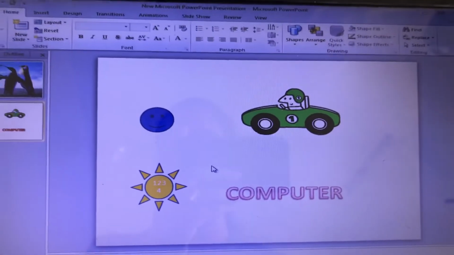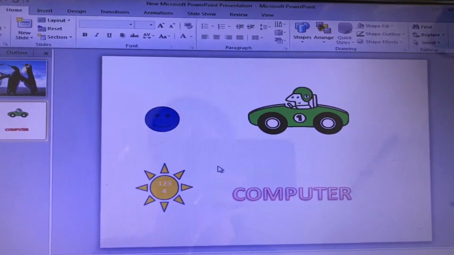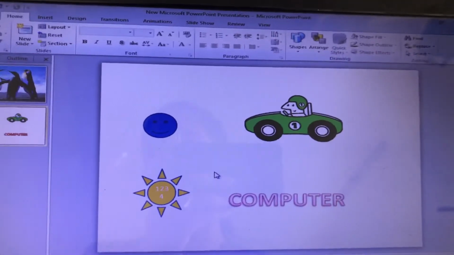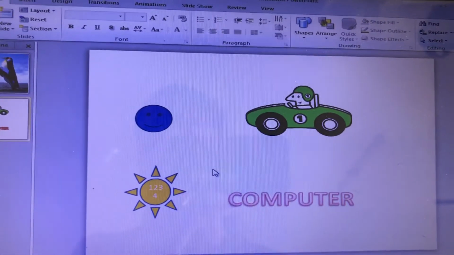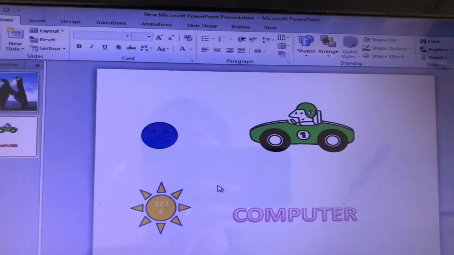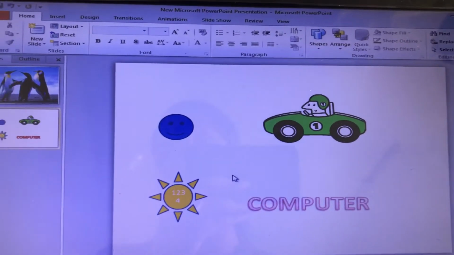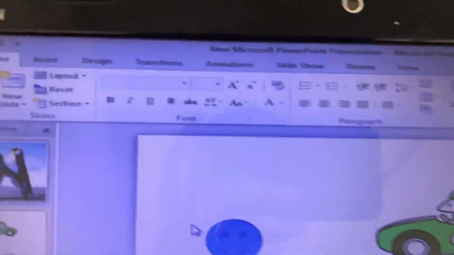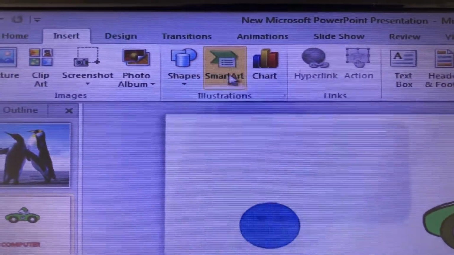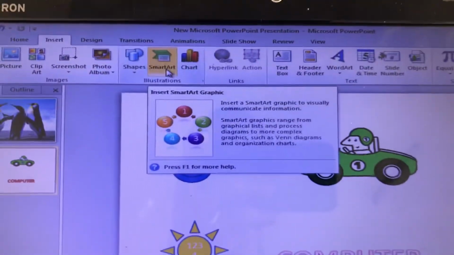Okay, now next is adding smart art. Adding smart art. So students, sometimes you want to add charts or graphics or flow charts to your presentation. So PowerPoint has various such ready to use options called smart art graphics. Okay, and where we will find this option? We will find this in insert tab. Here it is the smart art option in illustration group.